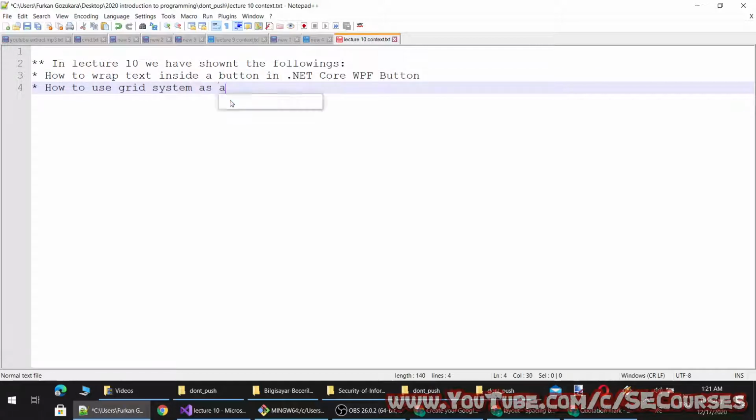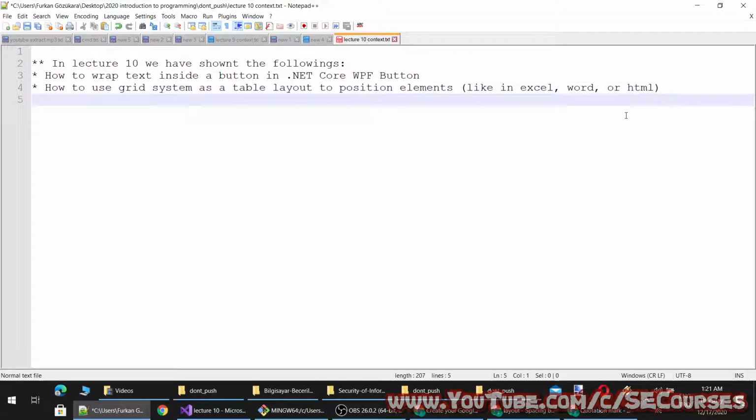Layout to position elements like in Excel, Word, or HTML, or maybe CSS. HTML should be fine.